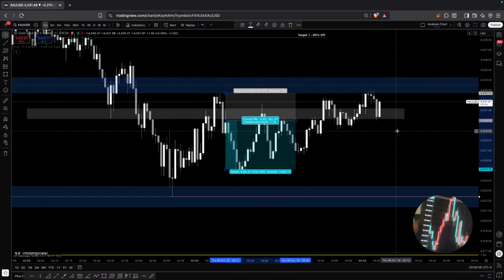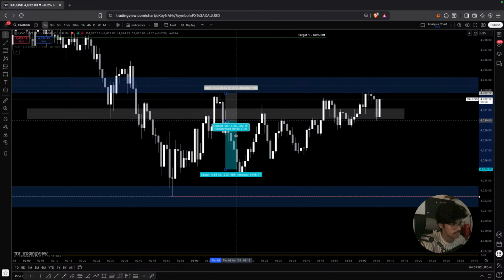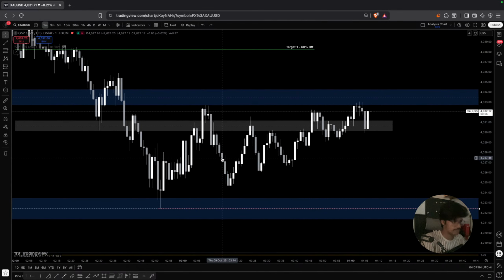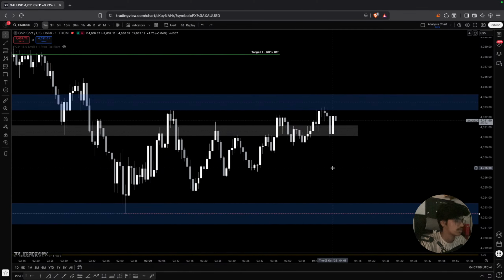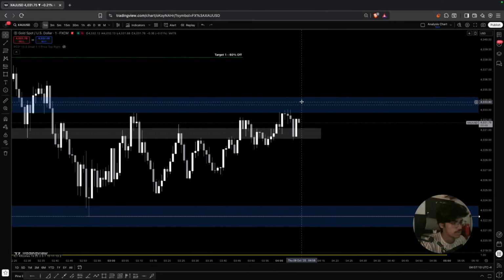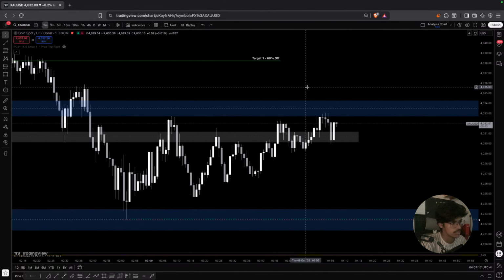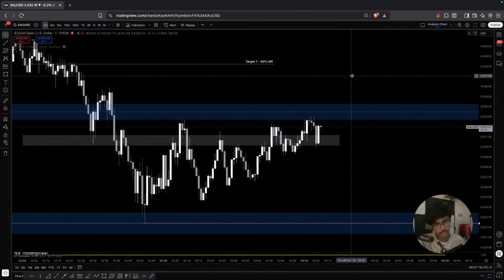So this is the execution you guys can see. But other than that, I didn't find anything. See this, there's no setup that is being formed. If in just 5-6 minutes I see some kind of inversion of fair value gap, fine. But the time has already passed. We'll see mostly manipulations. So I'm going to end the stream.